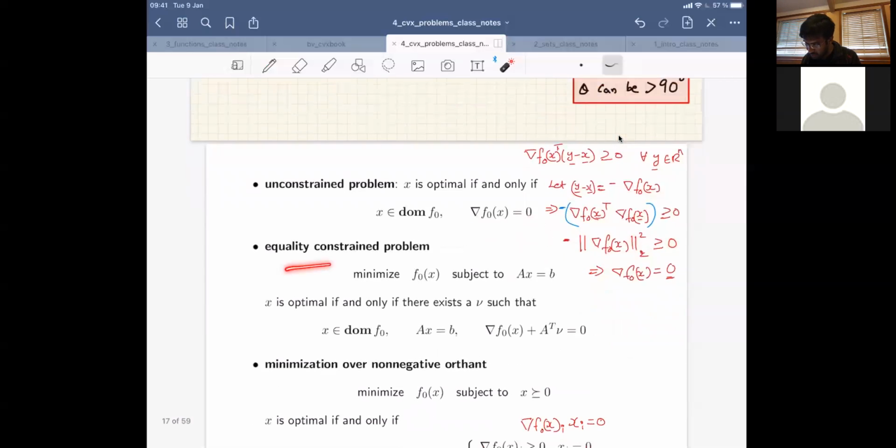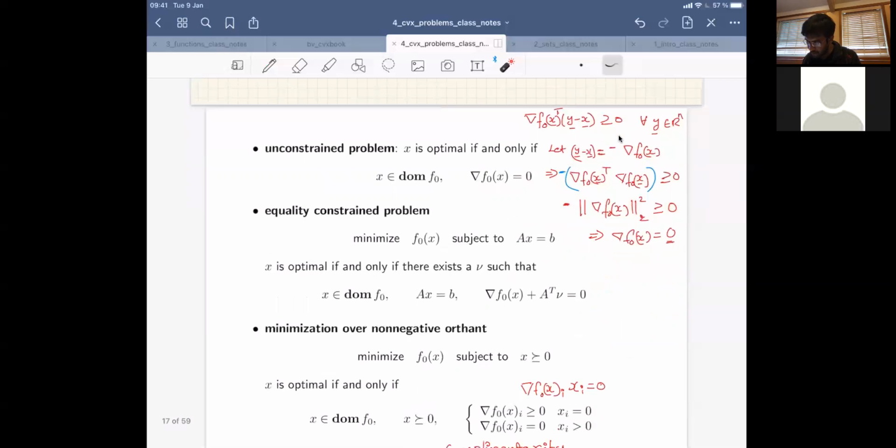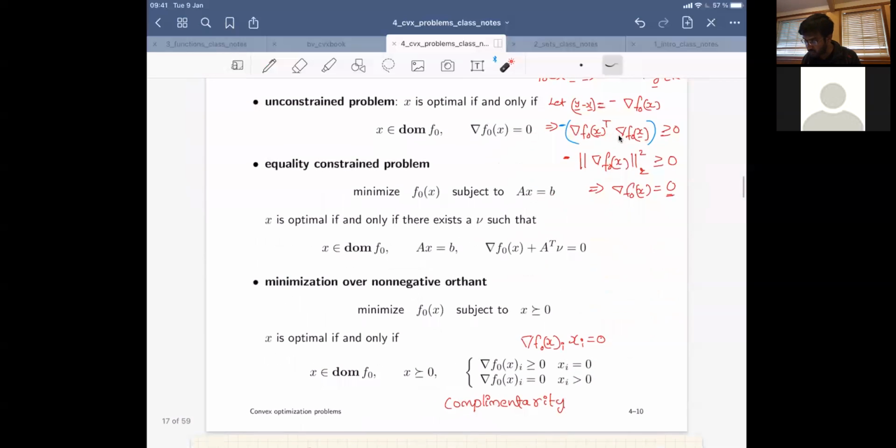Now, the equality constraint problem. This means you only have an equality constraint: minimize f0 subject to Ax equal to b. In that case,